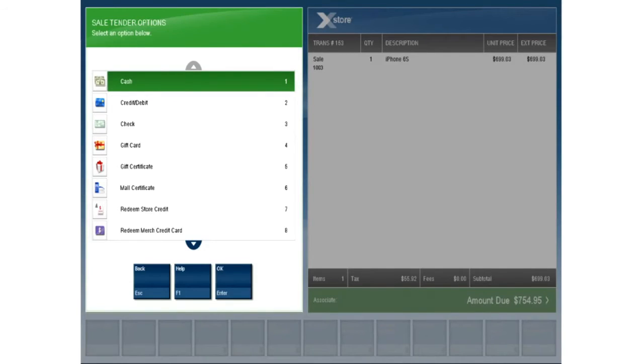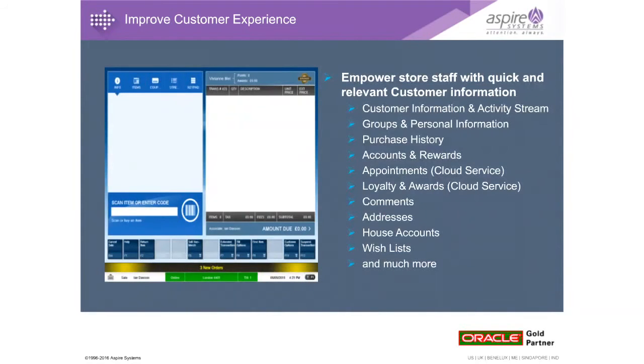So what we're trying to do is we're trying to reduce the order completion time, where the customer earlier had to wait all the while to get the item delivered to this location. But here the customer has that option: he can go to the store, have the experience of shopping in the store. However, they have already ordered on the e-commerce website. So we complete the order by clicking any of the tender types, and that finishes the integration, where it's a complete cycle of creation on e-commerce and completing in the store.